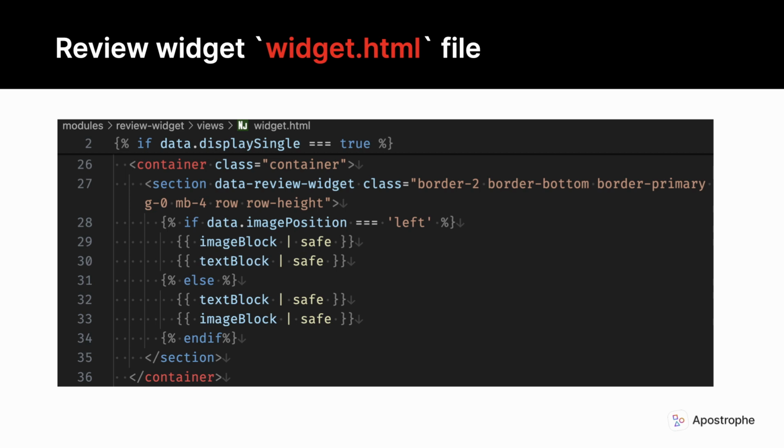Within the top if conditional, there is an internal if-else conditional based on whether the text or image block should be shown first. If the image should be shown on the left, we place the image markup on the page first, which will put it in the first bootstrap column, and then the text markup block on the page second, so it appears in the second column. If the image should appear on the right, we simply reverse the order of addition of the text block and the image block. Note that we are using the nunchucks safe filter, otherwise the HTML would be output as a